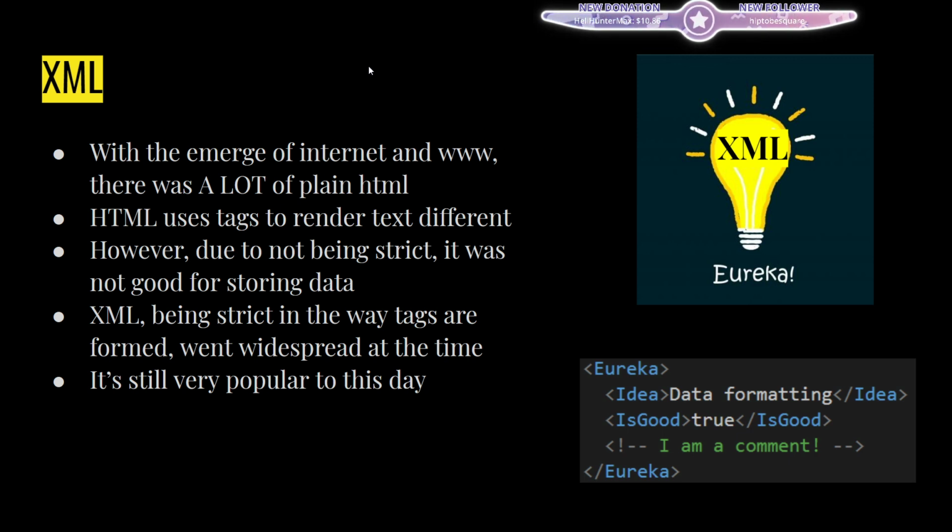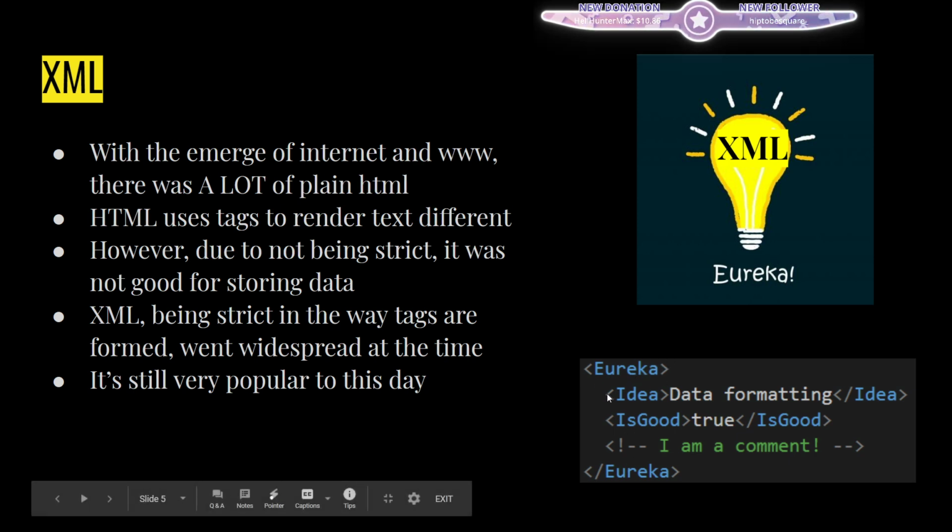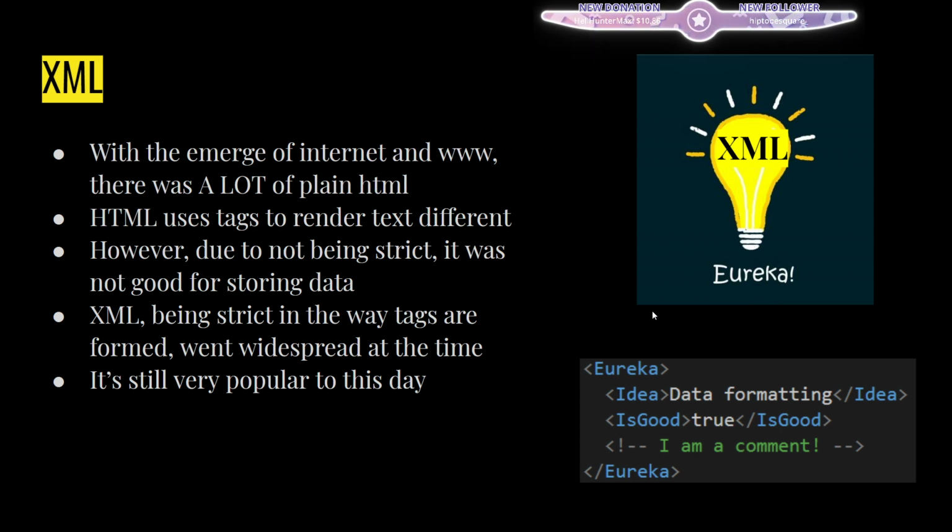XML looks a lot like HTML. It's very similar, being just a collection of tags. So you can see here we have basically a Eureka object, and this object has two properties. It has idea and is good. And XML also supports comments, so we can write a comment in XML. XML was the first data format that went widespread